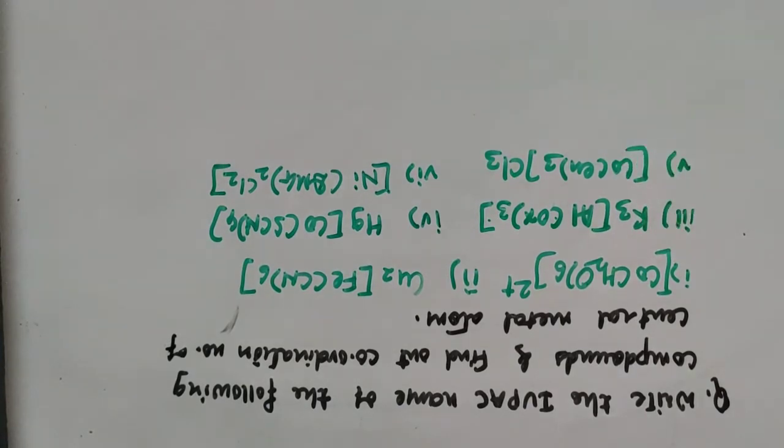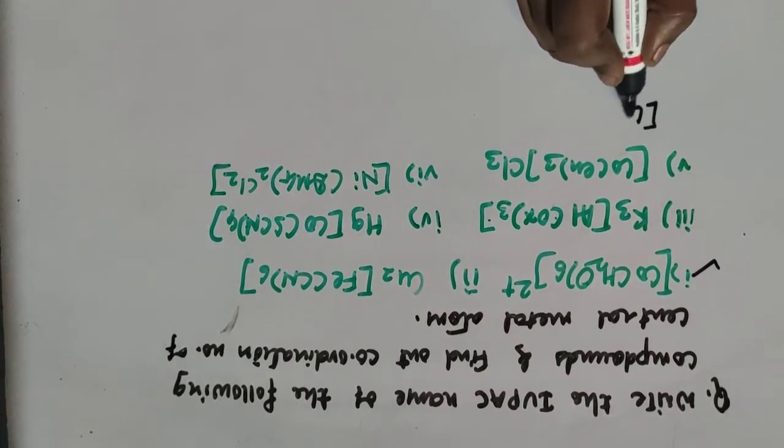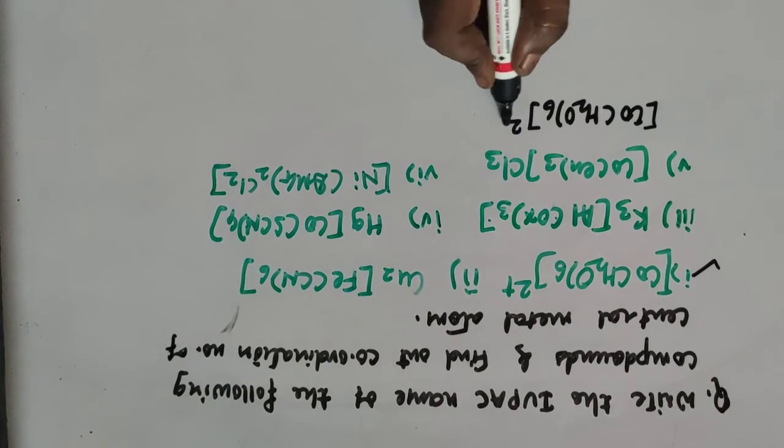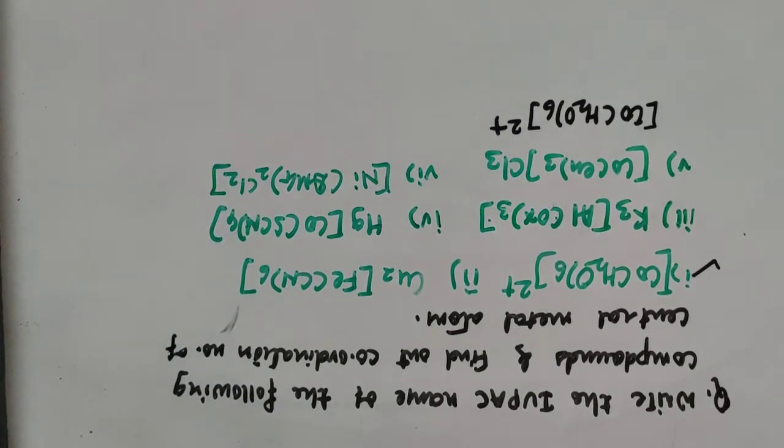We'll take the first one, that is [Co(H2O)6]2+. It is in ionic form, so I'll write here again Co, then (H2O)6 2+. It is in the form of a cationic complex, positive charge is there on the sphere, so it is a cationic complex, and hence the name of the central metal atom you are supposed to write as it is. There is no change there. How many? 6 H2O water molecules are there, so it is a hexa